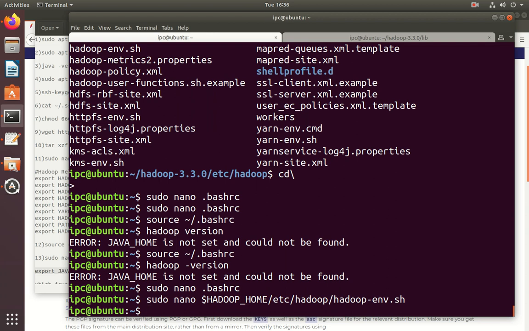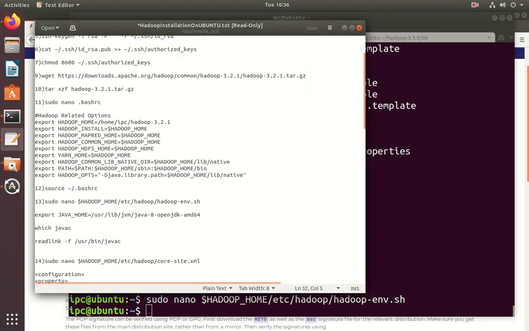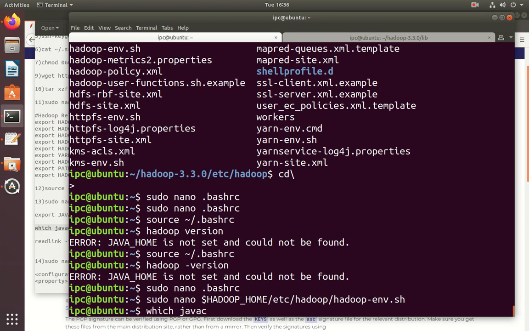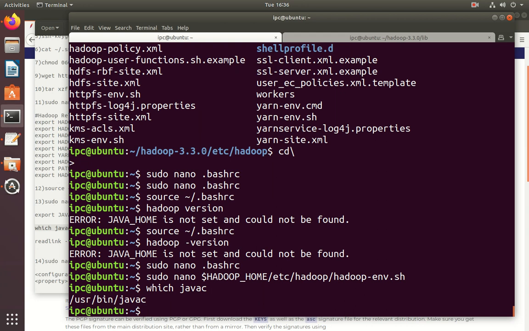Next, if you need help to locate the correct Java path, run the following command: which javac. Under /usr/bin the javac is installed. The resulting output provides the path to the Java binary directory.